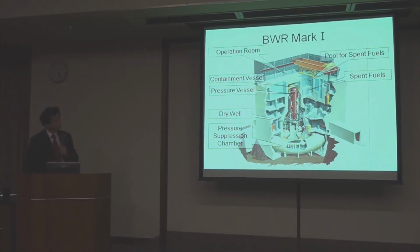Here is the nuclear core, the pressure vessel, and the fuels around here. And there are container vessels, and this is a very important part, the pressure suppression chamber. And this is the operation room, and here are the spent fuels, and this is the pool for spent fuels. After stopping the reactor, it still has decay heat, very large heat generated by the decay of the radioactive materials. So we need to cool the fuels after stopping the reactor, but